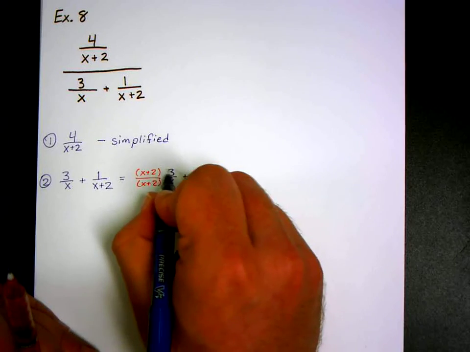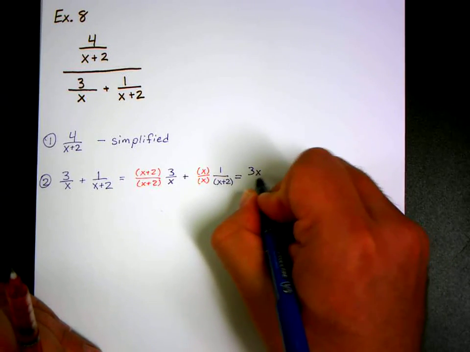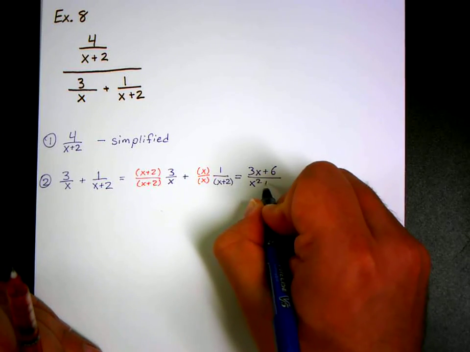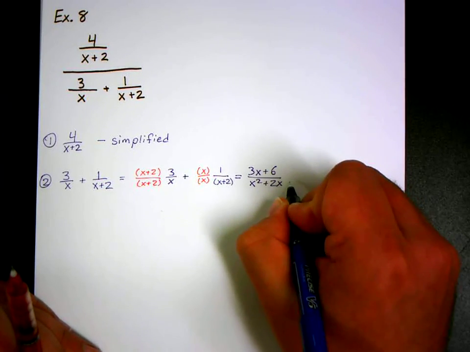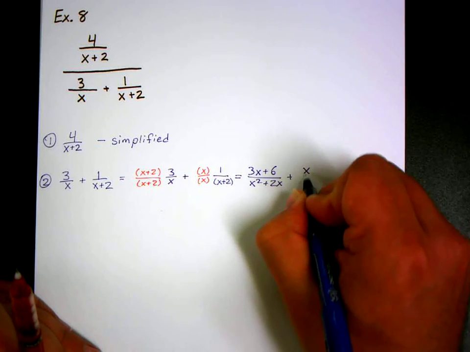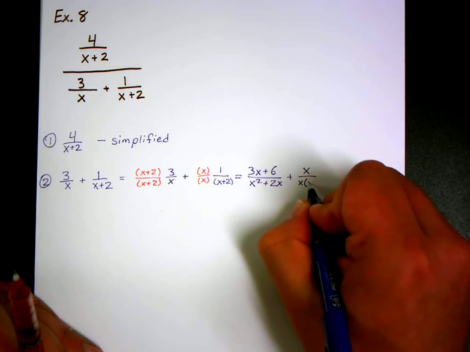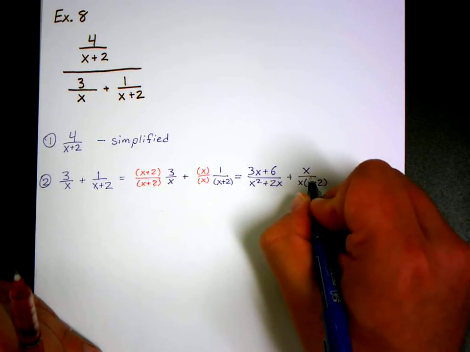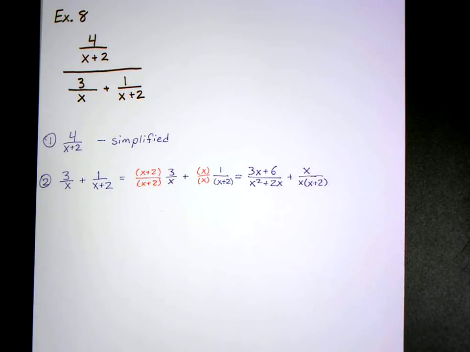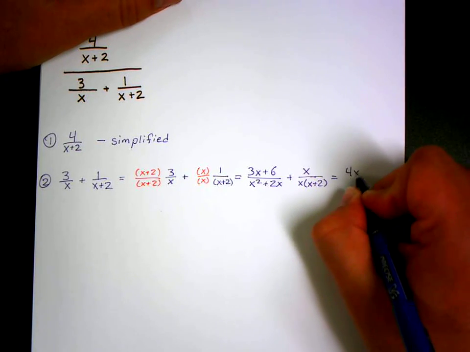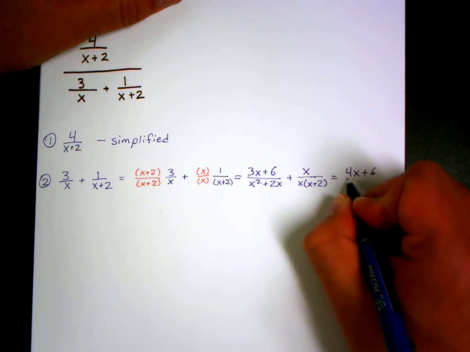Okay, so I distribute that 3x plus 6 over x squared plus 2x. And see, I just did what I told you not to do. I don't know why I did that. I got too excited there. I shouldn't have multiplied that out. Okay, add those together. So 4x plus 6 over